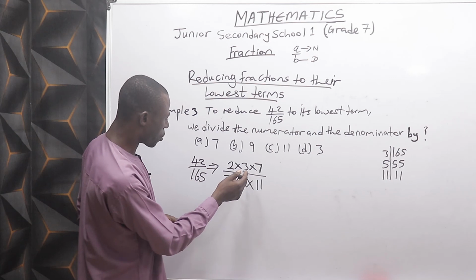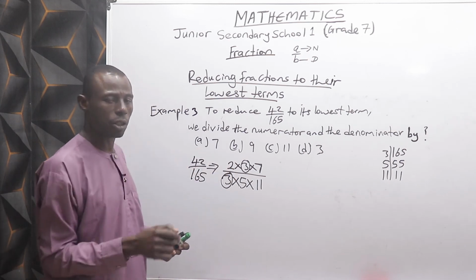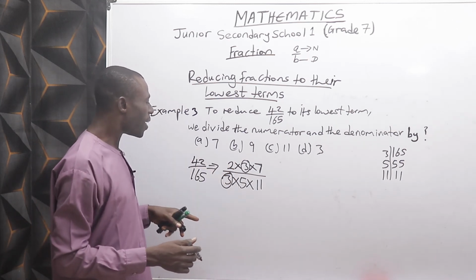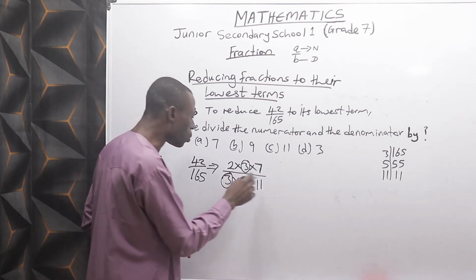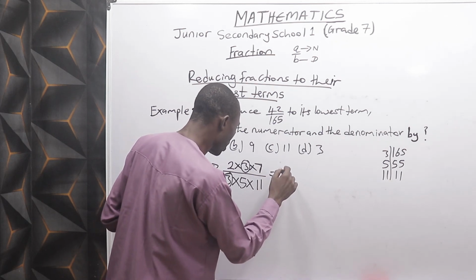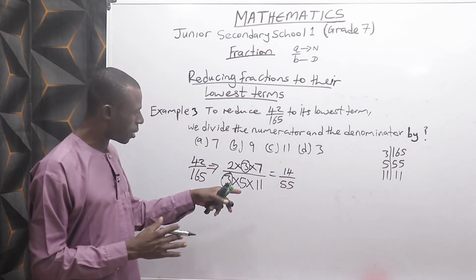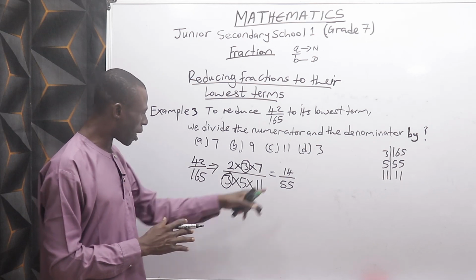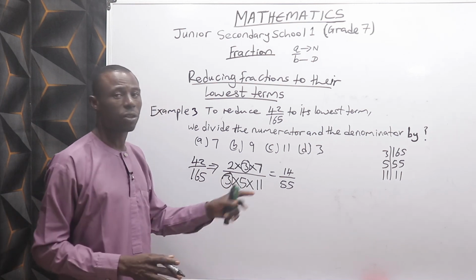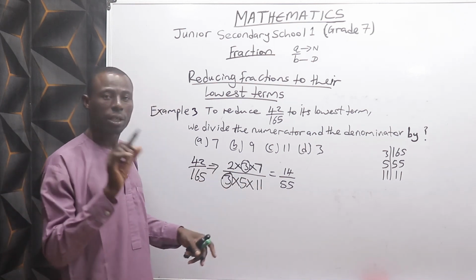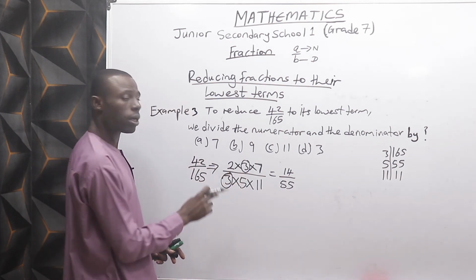So the common factor here is 3, the common factor to both the numerator and the denominator. That common factor 3 is what we need to divide both the numerator and the denominator by to reduce this to its lowest form, 14 over 55. Even though the examiner in this regard is not concerned with our reduced term 14 over 55. The 14 over 55 is not the concern of the examiner in this question. The concern of the examiner in this question is the 3 that we need to divide the numerator and the